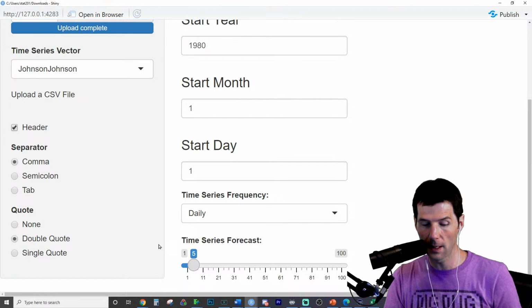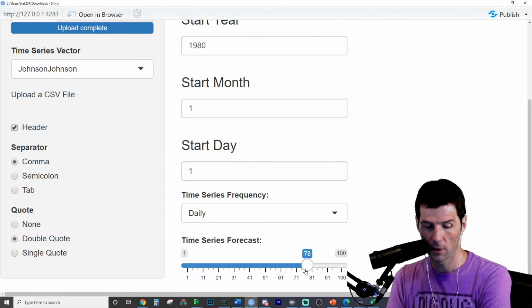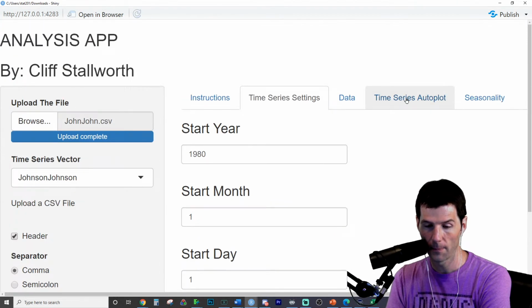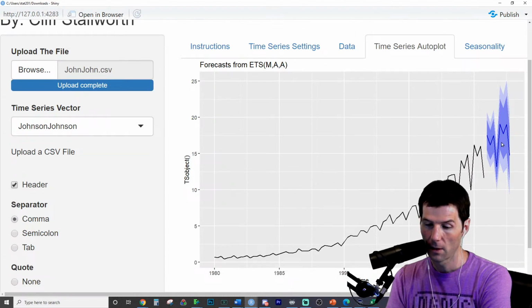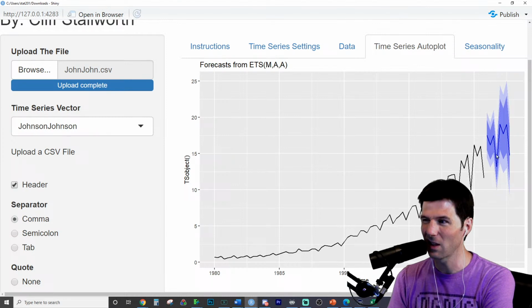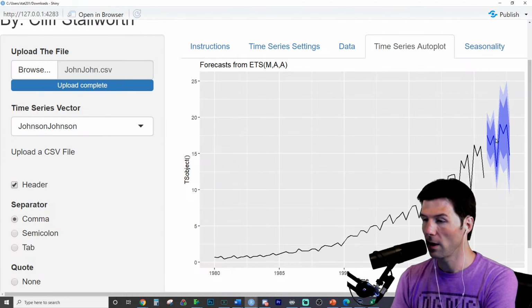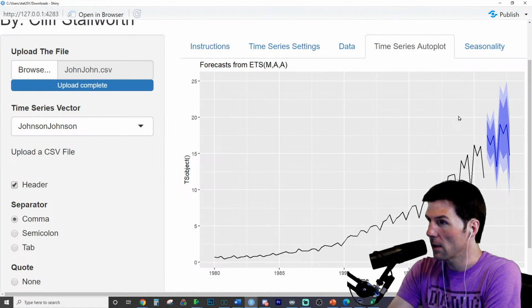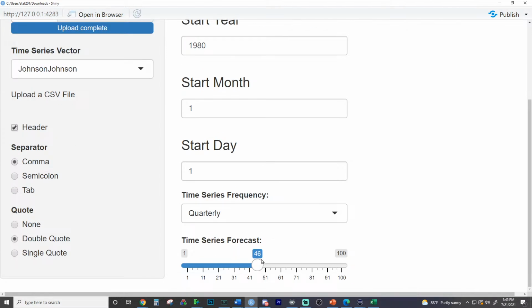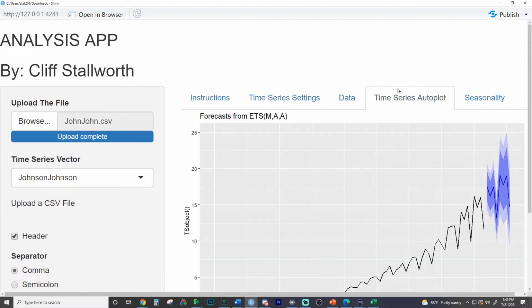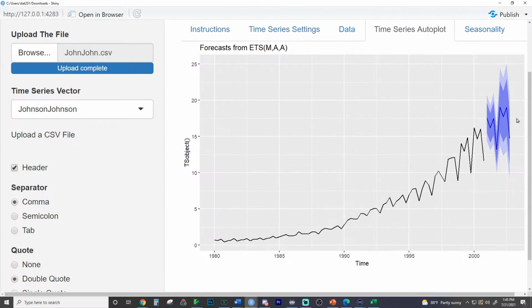Here's the good thing. We've got the data loaded in. We've got the forecast right here, controlling. We've got the button controlling what kind of data we're dealing with. We're dealing with quarterly data. Time series autoplot, looking good. We can set the year. Oh, wait a minute. Okay, no, I think the autoplot does this on its own. So if you notice right here, this is the forecast. Does this make sense that this is the forecast? Yes or no? We've got the forecast right here, but now our goal is that this time series forecast, using the time series autoplot, we could move this forward.